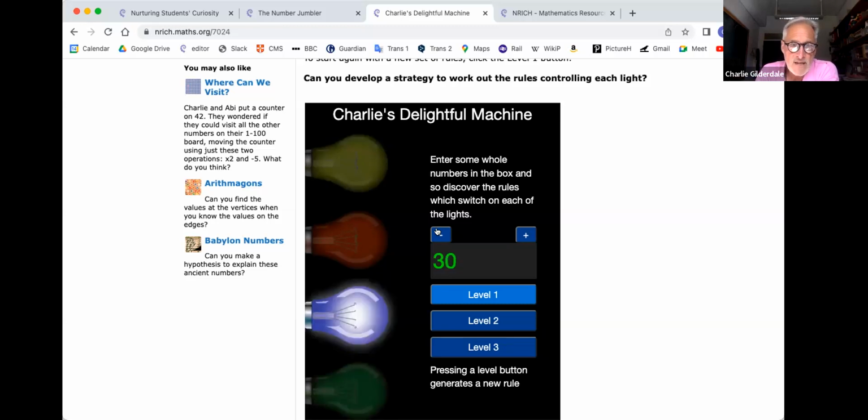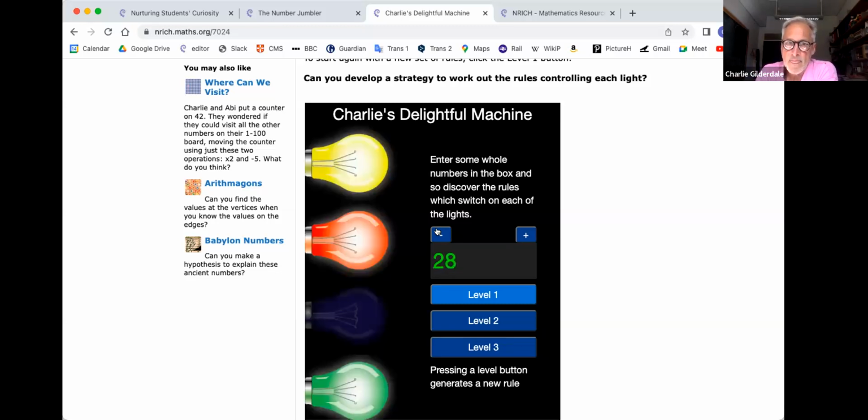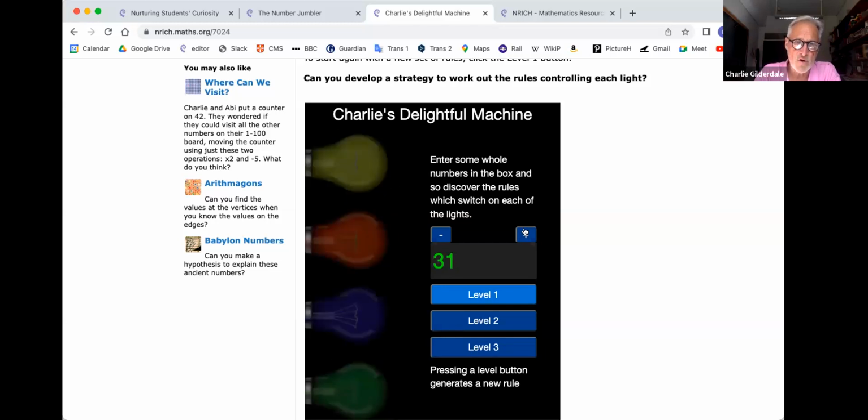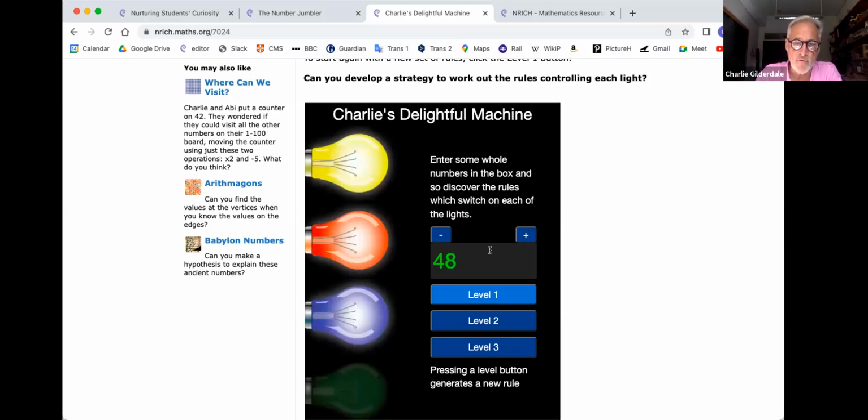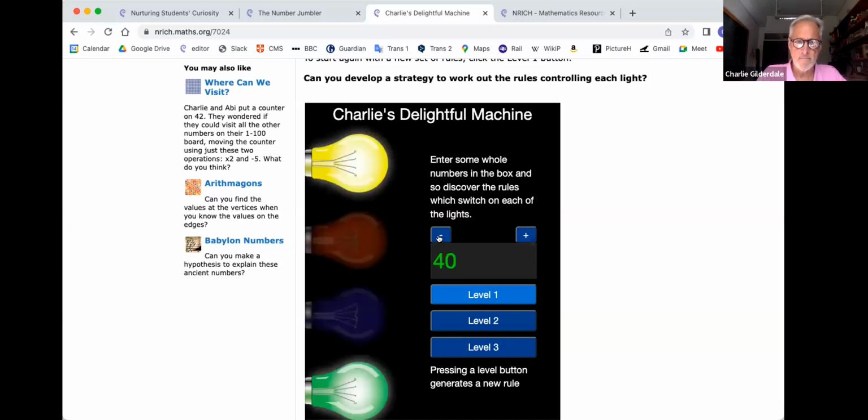And we can see that sometimes all 3 light bulbs switch on. And the question is, can we get all 4 light bulbs to switch on? So we've got 28 to switch all 3. I think it was only the blue one that was missing, but 48 switches these 3. I haven't seen all 4 switch on yet. So 48 didn't switch the green one, but